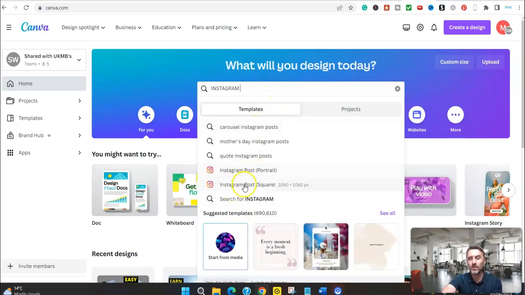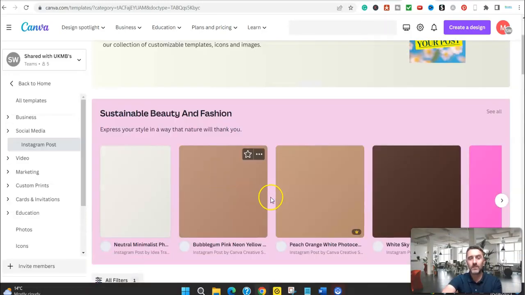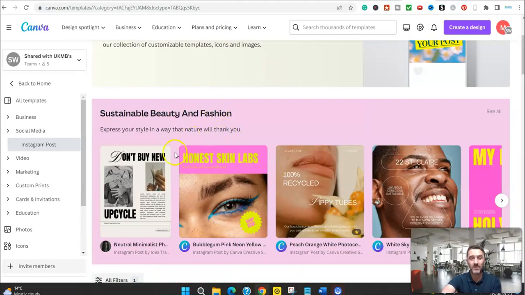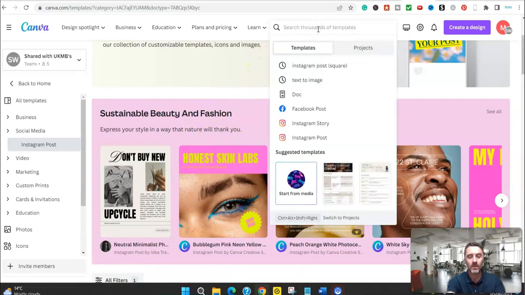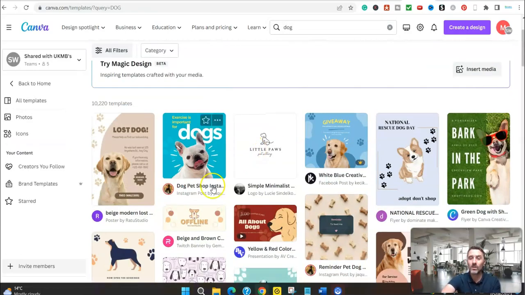And then we've got all these templates. So do you want a portrait, a person, etc.? So we'll click on that. And then we've got all of these different templates. So you can use these templates or you can create your own. But if we wanted to search for something, let's just type in, I don't know, dog, see if anything comes up for that. We've got all of these.